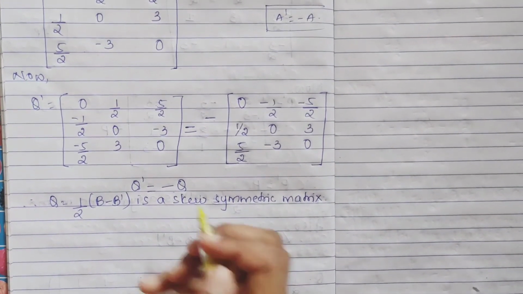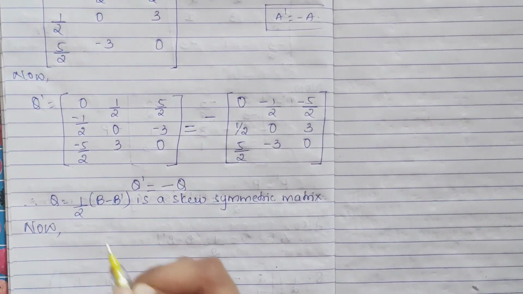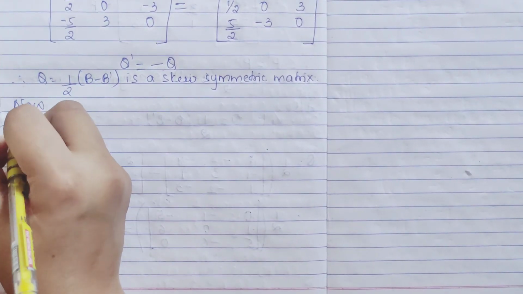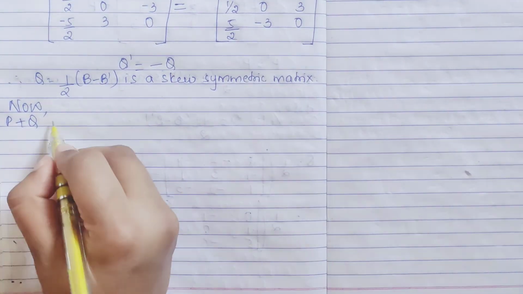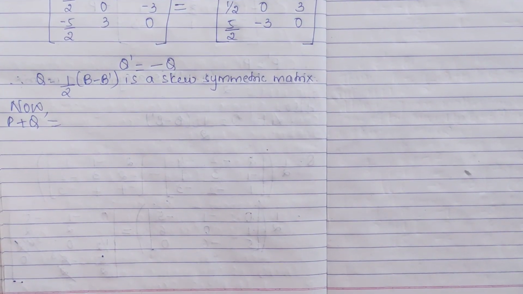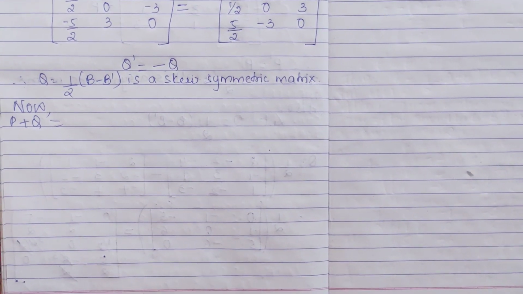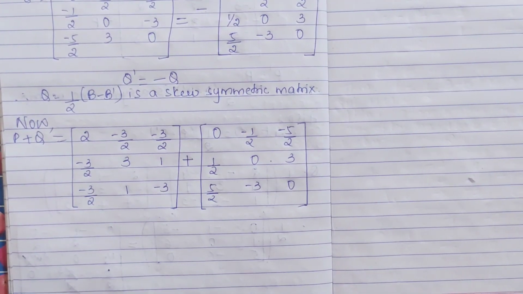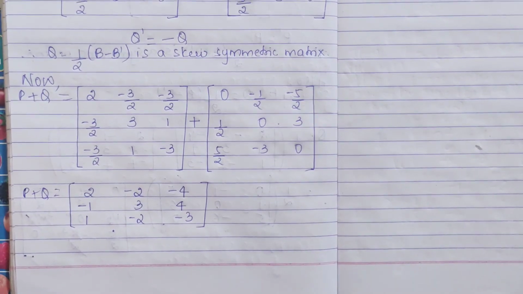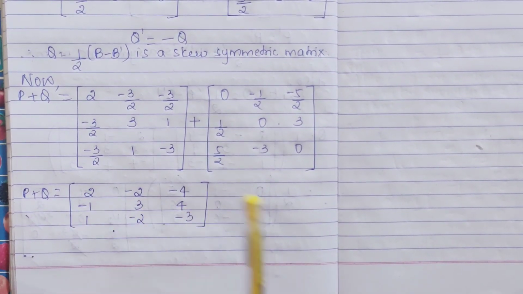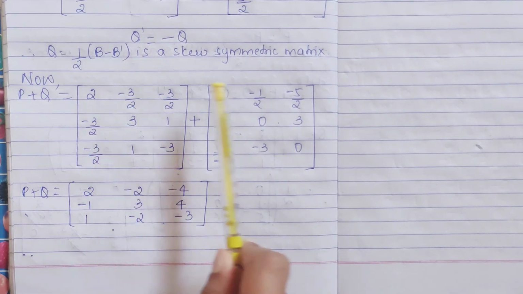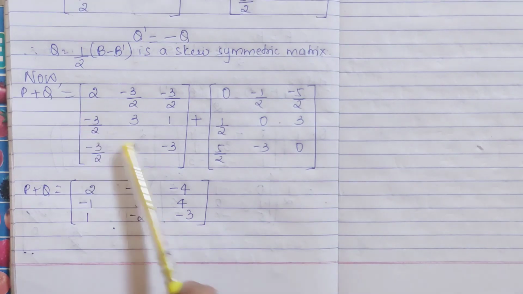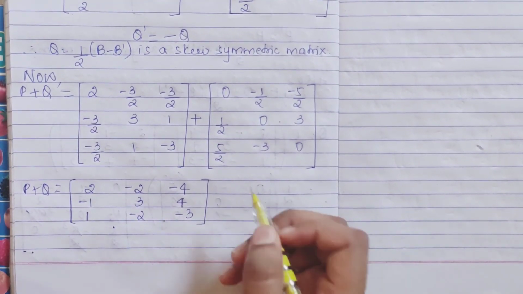So how will you do it? Now you can write P plus Q. What is your P? Write down the P matrix and add Q. Write it, all of you. Now add this and see what you will get. See after adding whether you have got this or not. 2, minus 2, minus 3 by 2, minus 1 by 2 is minus 3 minus 1, minus 4 by 2 you will get. 2 ones are 2, 2 twos, it gets cancelled. So add it properly and you have to get this, and this is nothing but your actual matrix.